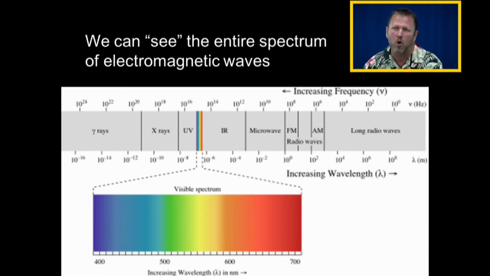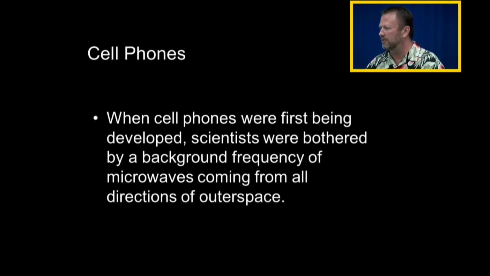Don't believe me? Go home and take your cell phone or take any digital camera and take your remote control, which has an infrared LED on the front of it, and when you look at it, it doesn't light up at all. But when you look at it through a camera, you will see it light up because your camera can see frequencies that you can't. And our telescopes work the same way. Try it. It works, I promise, unless your remote's not working. So anyway, we see a very tiny spectrum of the entire electromagnetic waves. However, we can use instruments and point them at the sky and see the entire spectrum of electromagnetic waves.